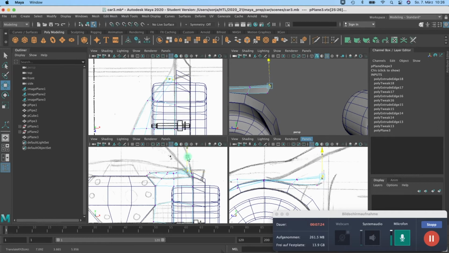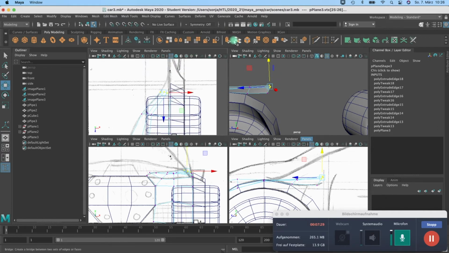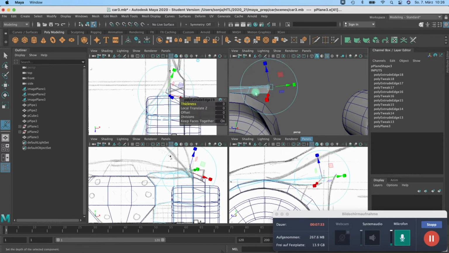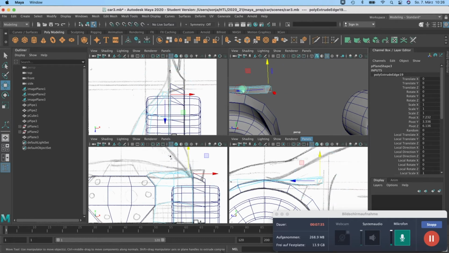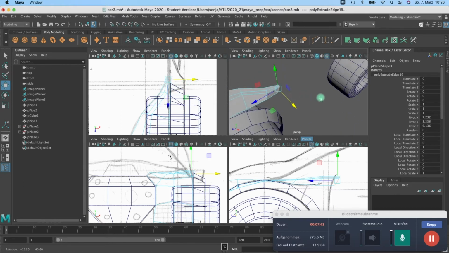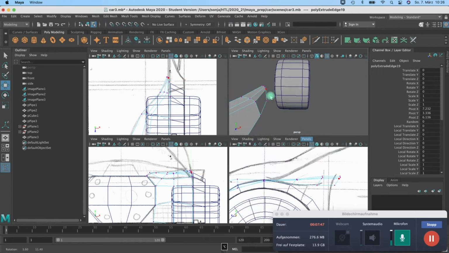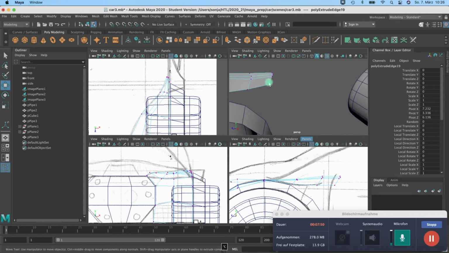And maybe I go a little bit higher. And one last extrude, because here my curves will end. More or less. Check here, okay, looks a little bit weird, but maybe